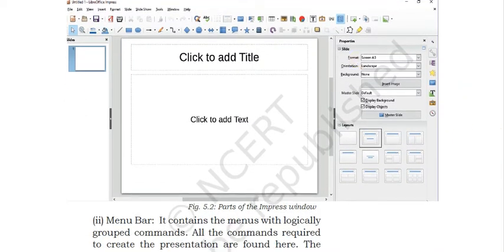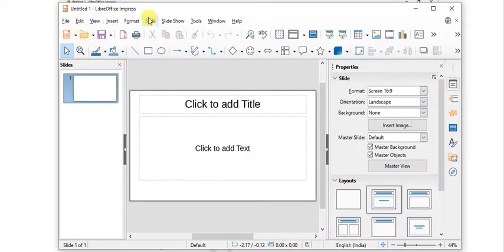Then you already know many of things. This is menu bar. This is slider. There is status bar. This is zoom. Here you will see how many slides do you have. So here you have a preview of your slides. Here are the different icons that you can use, and these icons are the shortcut keys, and you can have them through the menu options also.